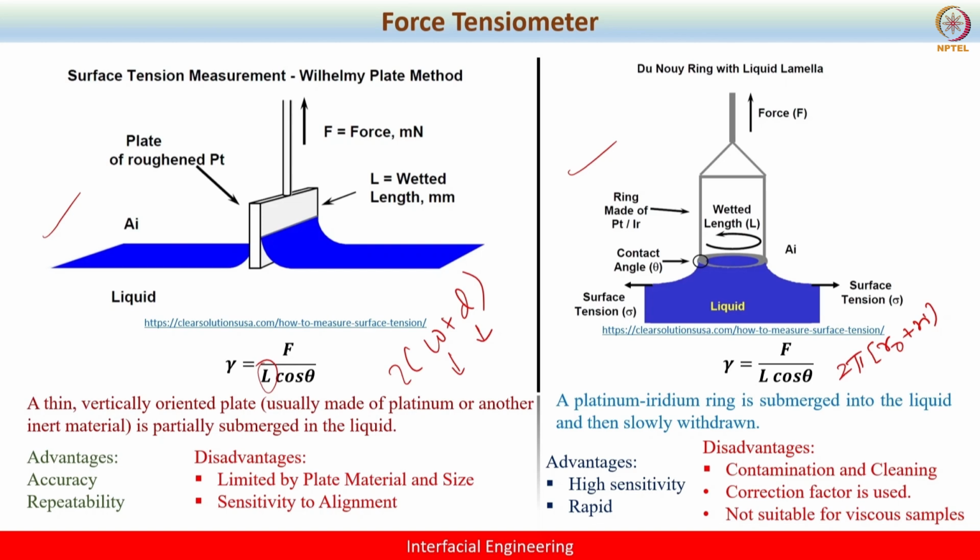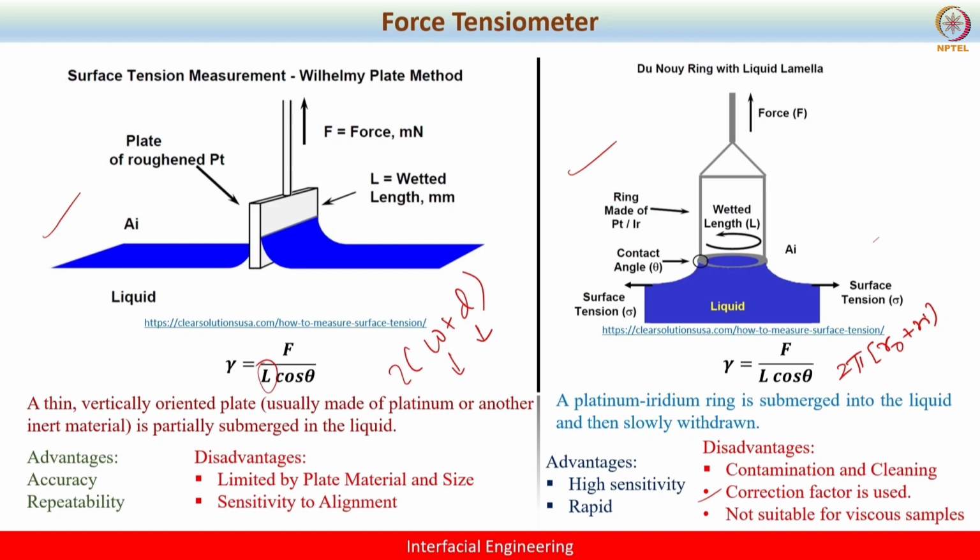So that is exactly what you have to do. Sometimes the Du Noüy ring uses a correction factor. If the ring that is employed is too finite, then one would have to use the correction factor. So that could be one of the disadvantages in the case of the Du Noüy ring. Otherwise, both methods are complementary. Both can complement each other. Both methods are widely used.